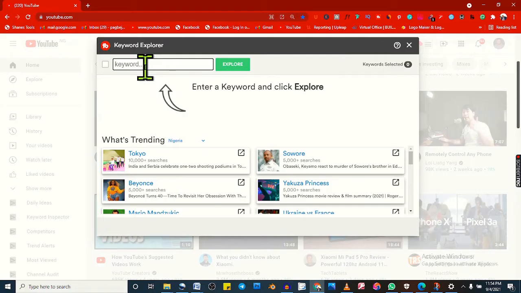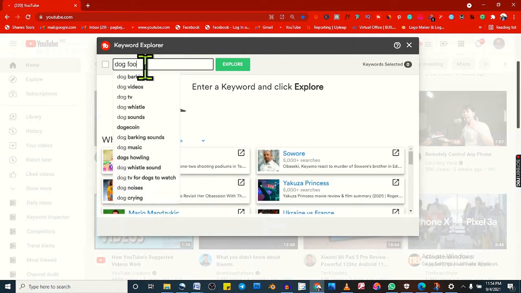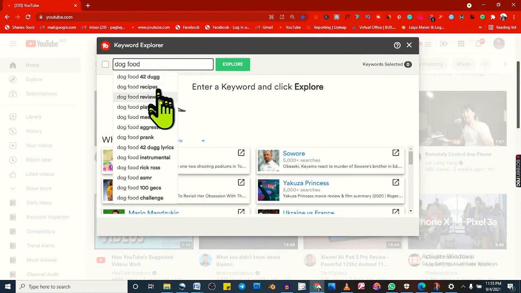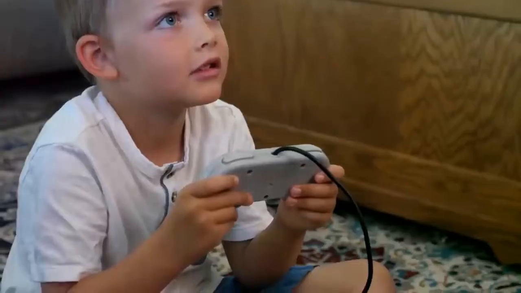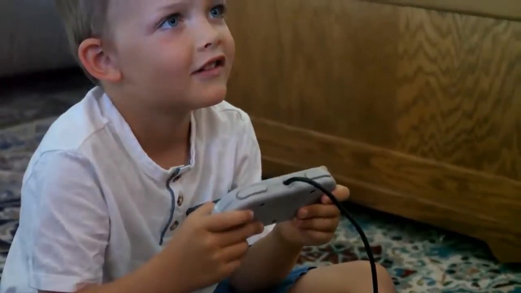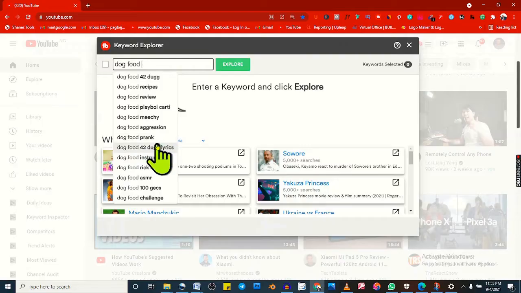Enter the keyword or topics you wish to research. In my own case, I will put in dog food as an example. The first thing you will notice is that TubeBuddy will auto suggest some related keywords for you because people are searching for these keywords. You can go ahead and create videos about the auto suggested keyword and you will automatically start getting views. But a better way to make use of this tool TubeBuddy is to hit search,